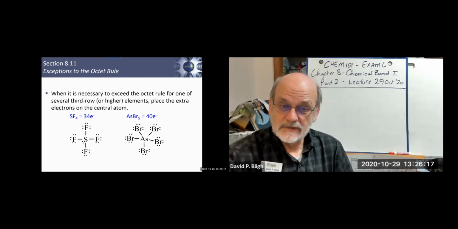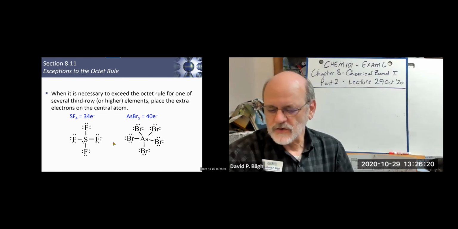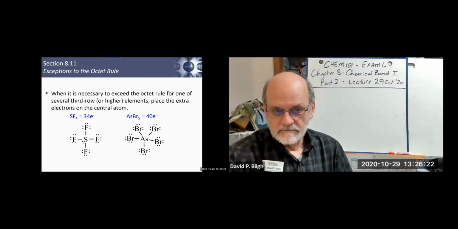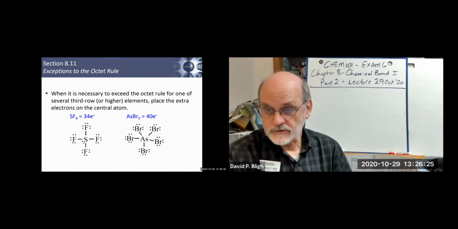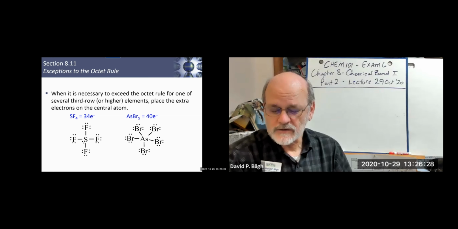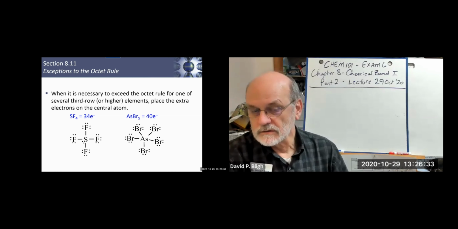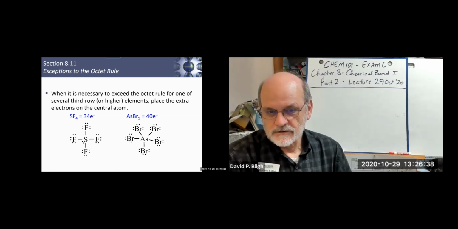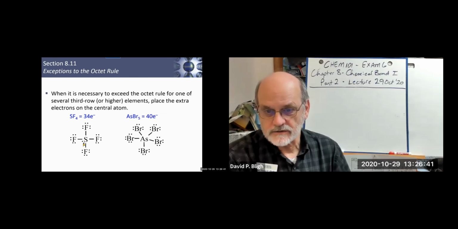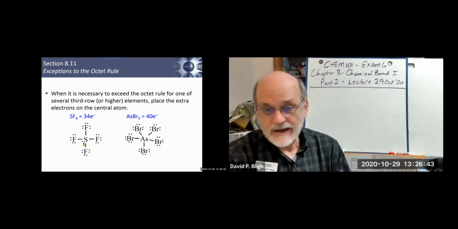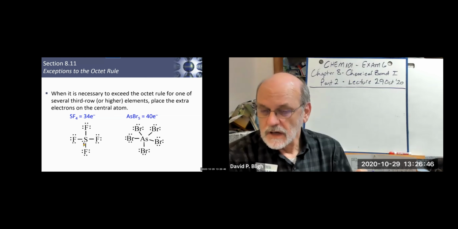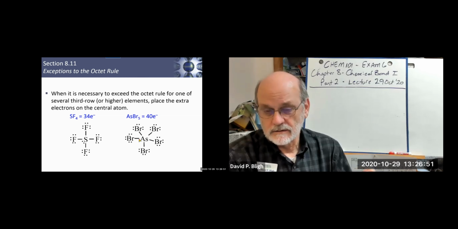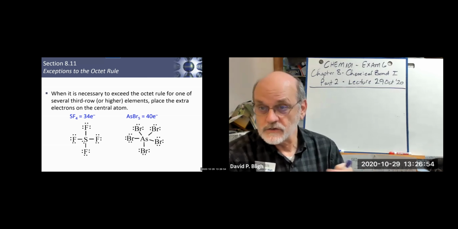And then there's some that have more electrons than they need, right? Like this one, sulfur tetrafluoride, has 34 electrons. We form the bonds, we fill the octets, we got an extra pair left over. It has to go on the sulfur. So the sulfur exceeds the octet. 2, 4, 6, 8, 10. 10 electrons. Or you might have to form those bonds without the lone pairs. 2, 4, 6, 8, 10 around arsenic in order to use up all 40